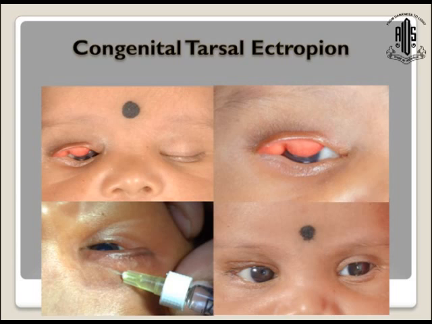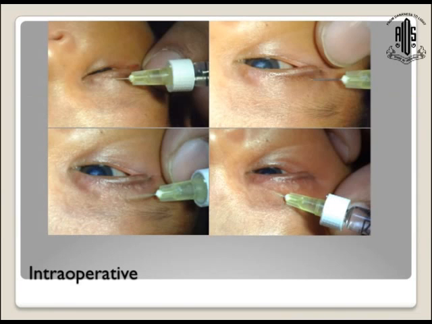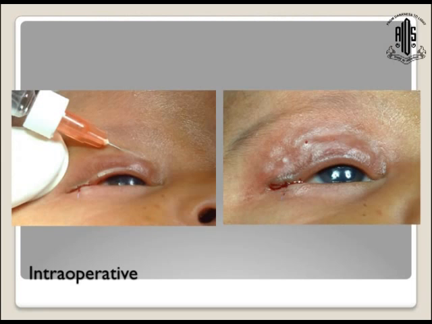Hyaluronic acid has been used for lengthening the anterior lamella for the patient, as you can see over here. And along with that, to give some amount of support to the anterior lamella, extreme lateral tarsorrhaphy has been done and the ectropion has been corrected. These are the intraoperative photographs while the patient is undergoing filler agent injection and a tarsorrhaphy being done, and this is the post-operative result for the patient on table.